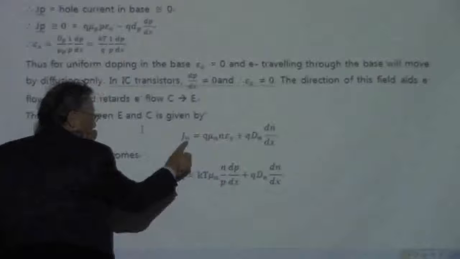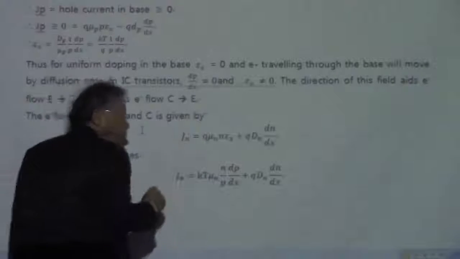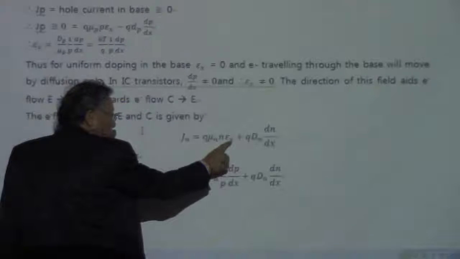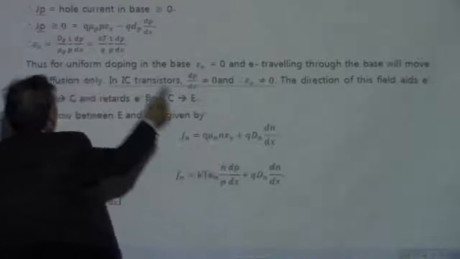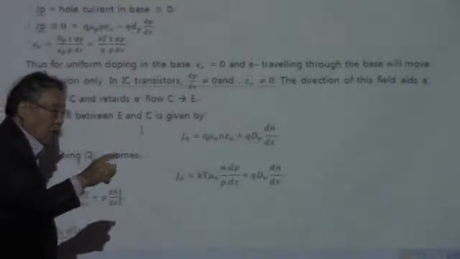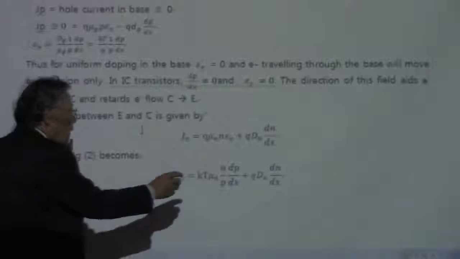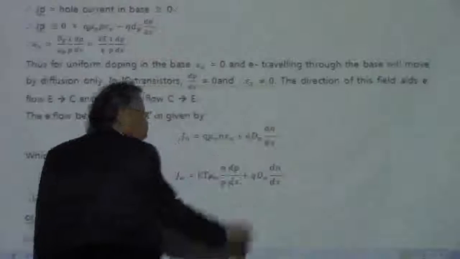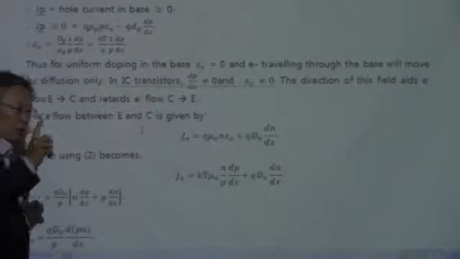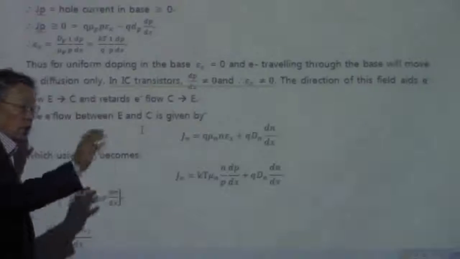The electron current from the emitter to the base consists of the drift current. The electric field, you have to notice, is the same electric field that we derived for the holes, because that electric field exists in the emitter and the base. And then, of course, the